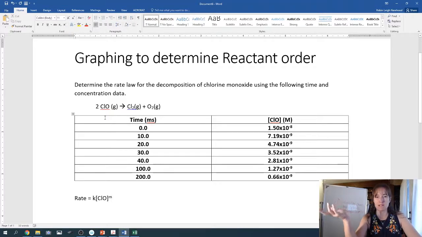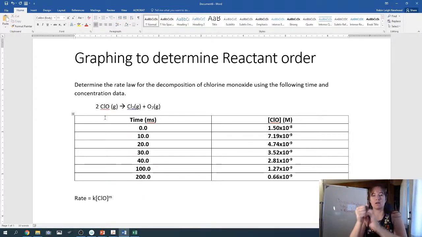If this was a one-step process where two chlorine monoxide molecules react with each other and in the end they end up as just chlorine and oxygen, then it is just an elementary step. Or it could take place over a series of steps with some intermediates. This reaction was monitored over time, so we have milliseconds and molarity. If you have a reaction that is monitored time versus concentration, you can graph the data to determine the order. And the way that you do this, if it is a first order